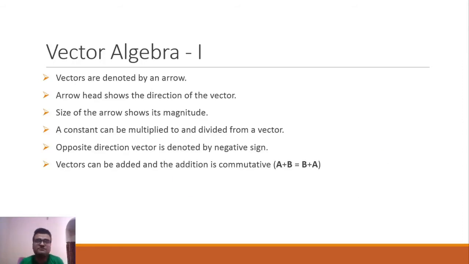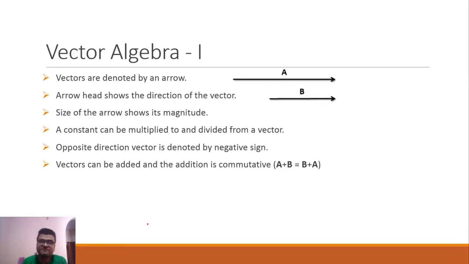Let us talk about a few vector algebra concepts. A vector is denoted by an arrow. We have to write the name of this vector somewhere near the arrow. For example, this A is a vector. A vector can be smaller or bigger. The size of the arrow denotes the magnitude of the vector, and the direction of the arrow shows us the direction of the vector. For example, A is a larger vector, B is a smaller vector magnitude-wise, but they are both pointing in the same direction.